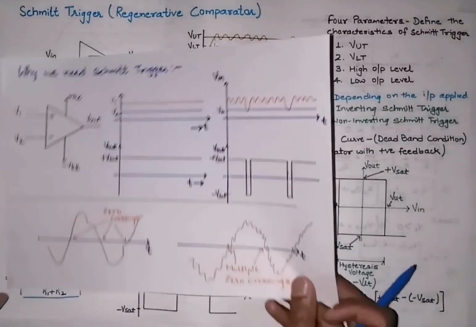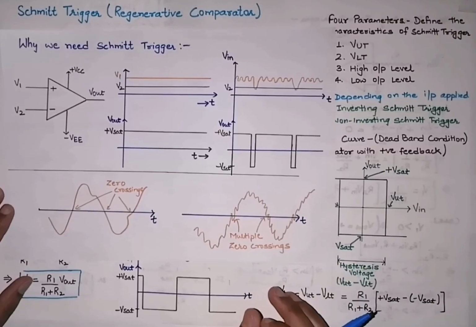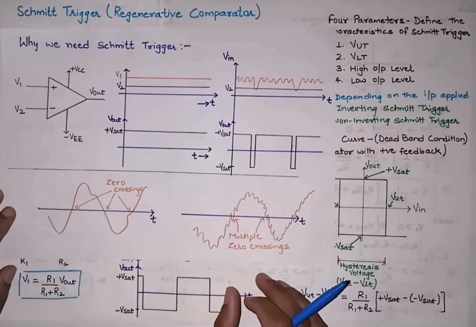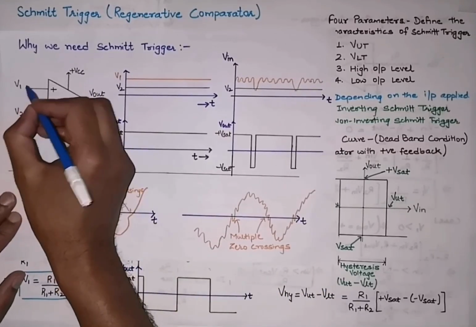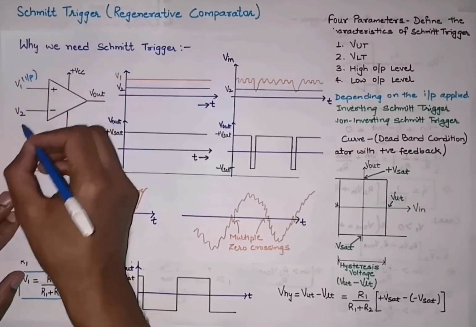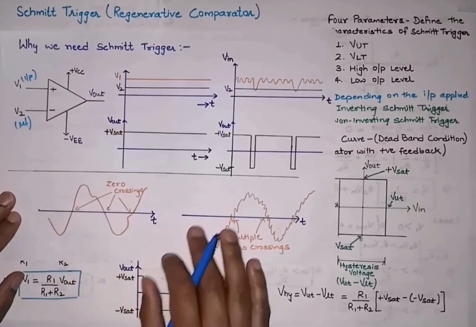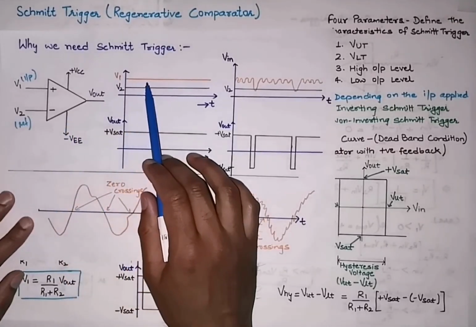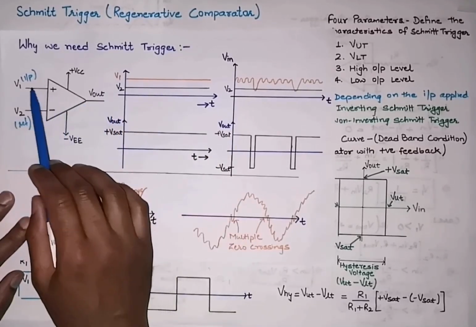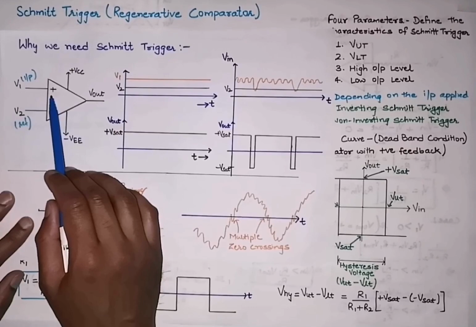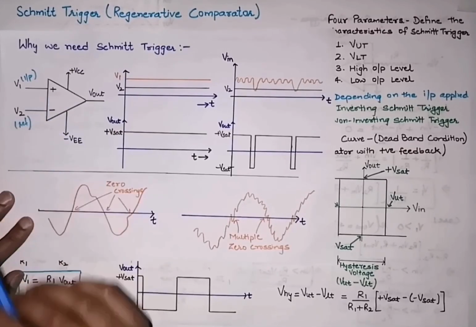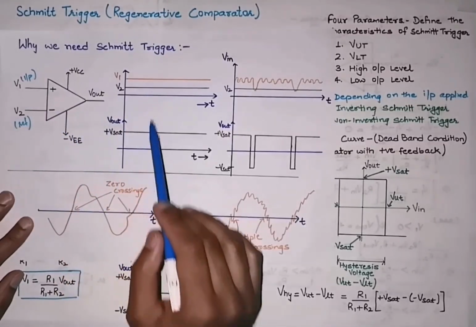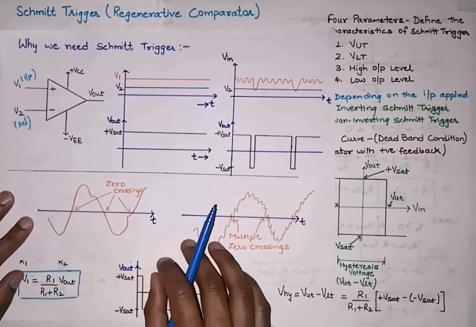In my earlier video of comparators, I have discussed with you that we can compare two signals, where one was our reference signal and the other was our input signal. For example, in this case, let V1 be our input signal and V2 be our reference signal. Then we can compare these two signals and get an output accordingly. For example, in this case, our V1 signal is greater than the V2 signal. It means the V1 which is applied at the non-inverting terminal will be higher than the input at the inverting terminal. It means for an open loop our output will be plus V saturation. So similarly for this we got an output equal to plus V saturation.